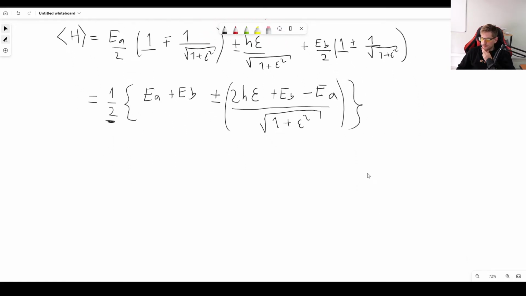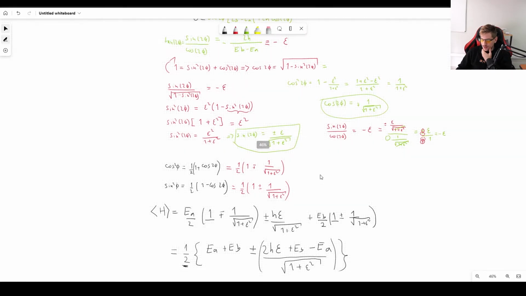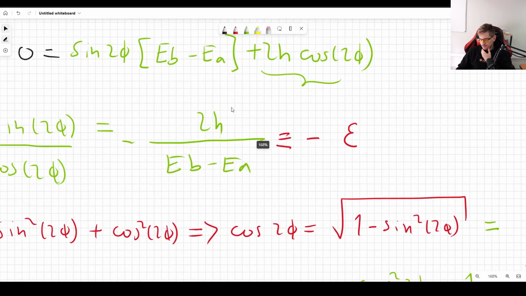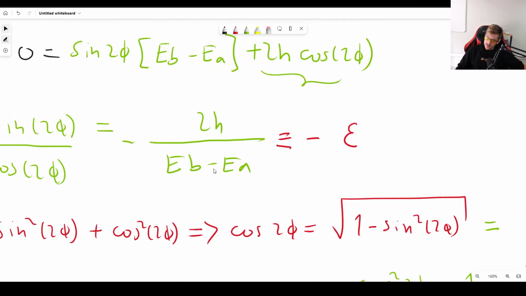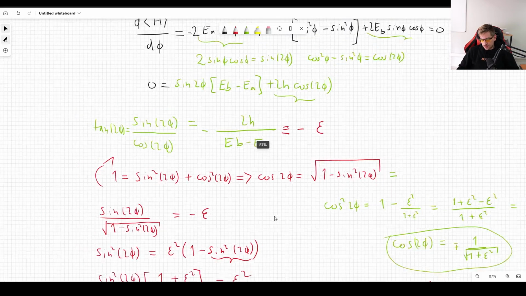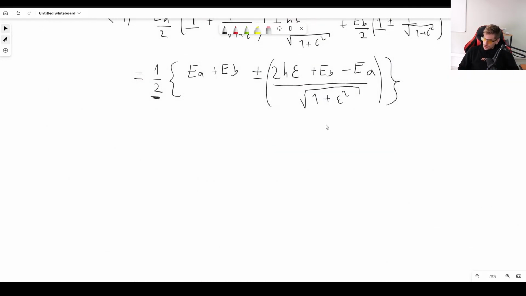Now what we could try is to take this and expand it by using the binomial theorem, because epsilon is very, very small. Let's go back to its definition. It is of the order of the perturbation divided by the energies of the unperturbed system, which are by definition much, much greater, so epsilon is very small. So for that reason, we can expand 1 plus epsilon squared in a square root, just as we did in the previous videos, right? Using the binomial theorem, which, in case you don't recall, this, at least for this sort